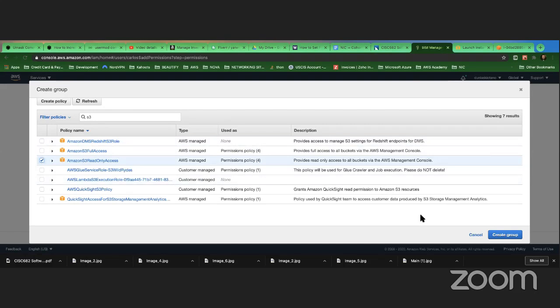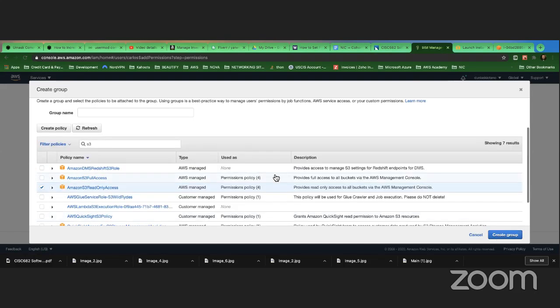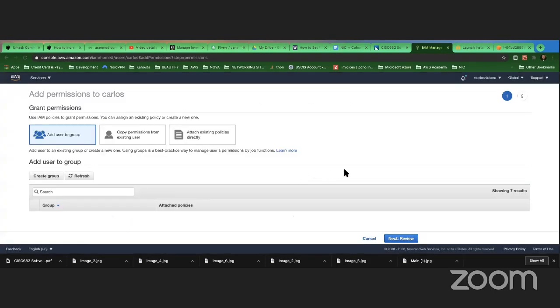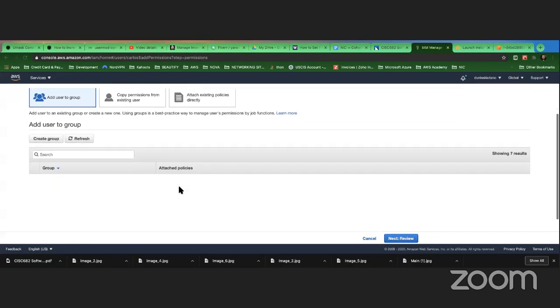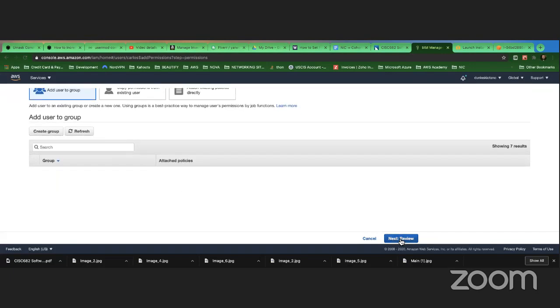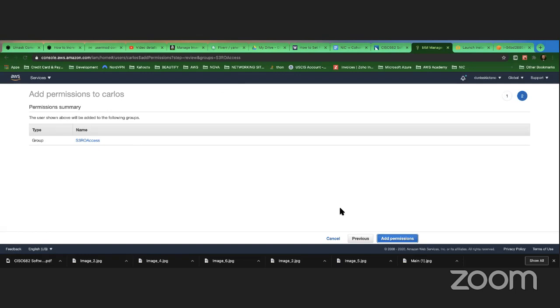So we're going to create that group here, and that group is going to be named S3 read only access, just the name. Now I create the group, and Carlos has been automatically added to that group.